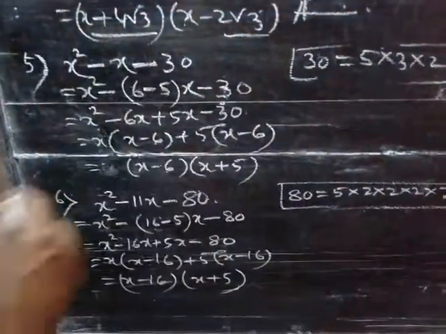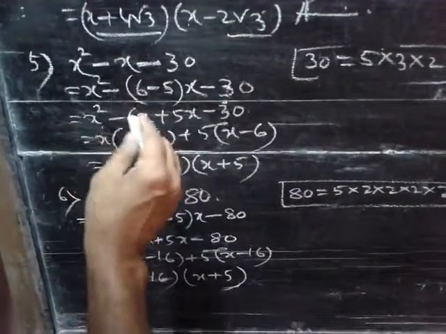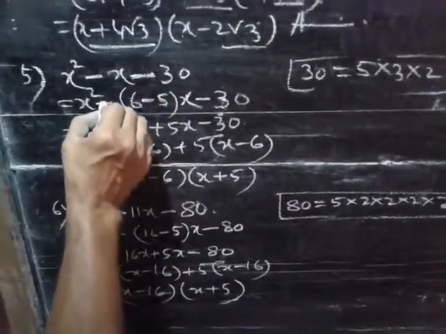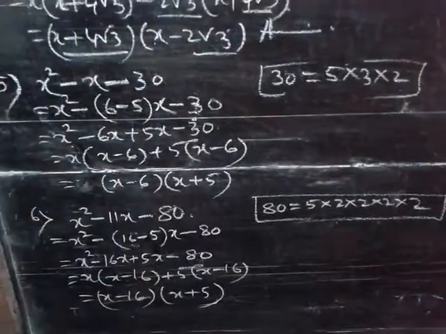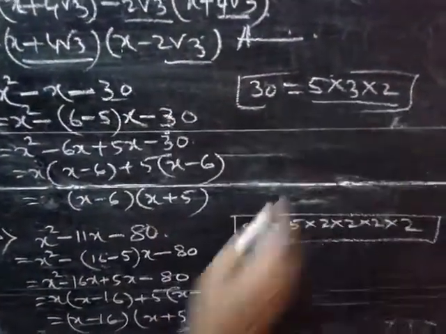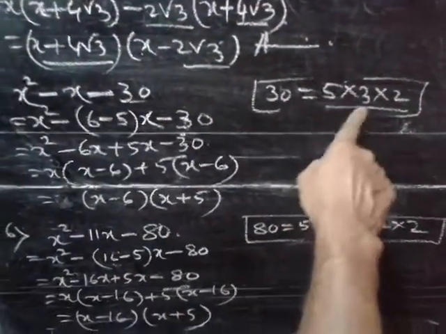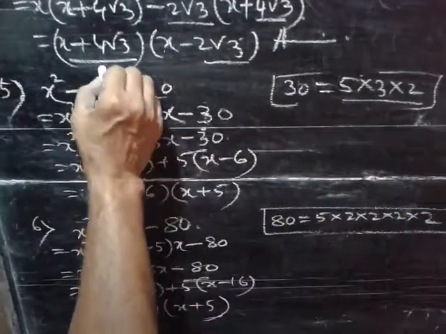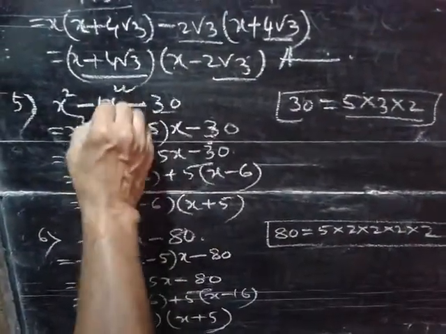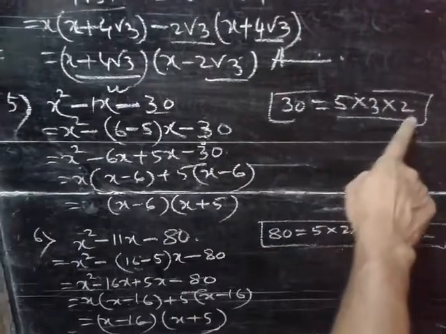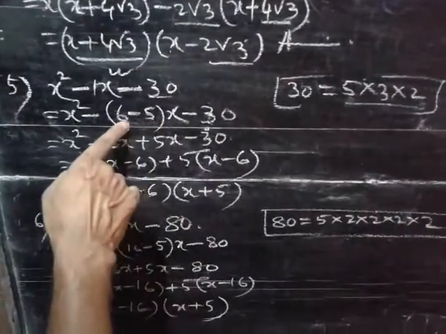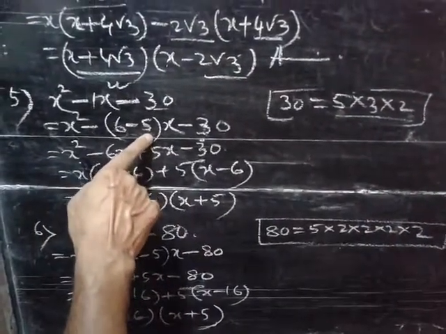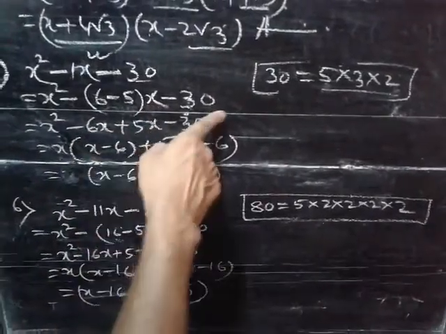Now see here, another thing is there, the signs are actually negative. Then try to take a little bit of precaution over here. Whatever the sign over here, just put the same sign over here. And now 30, you can split this into its prime factors, that is 5 into 3 into 2. Now it is required 1, that is x means 1x. 1 is required, then it is coming 6 and 5. So split this into 6 minus 5 and multiply with x.